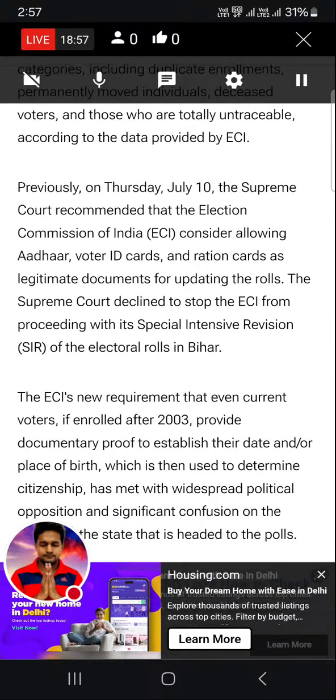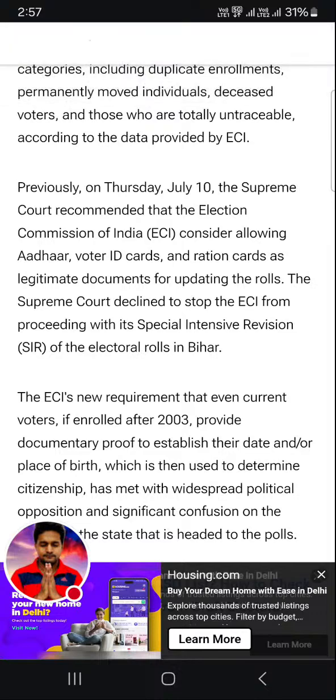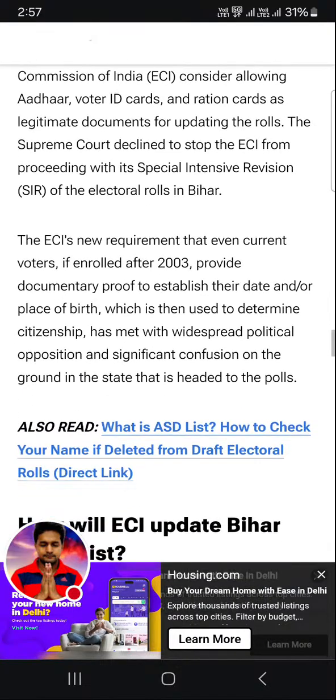Previously, on Thursday, July 10th, the Supreme Court recommended that the Election Commission of India (ECI) consider allowing Aadhaar, voter ID cards, and ration cards as legitimate documents for updating the rolls. The Supreme Court declined to stop the ECI from proceeding with its special intensive revision (SIR) of the electoral rolls in Bihar.